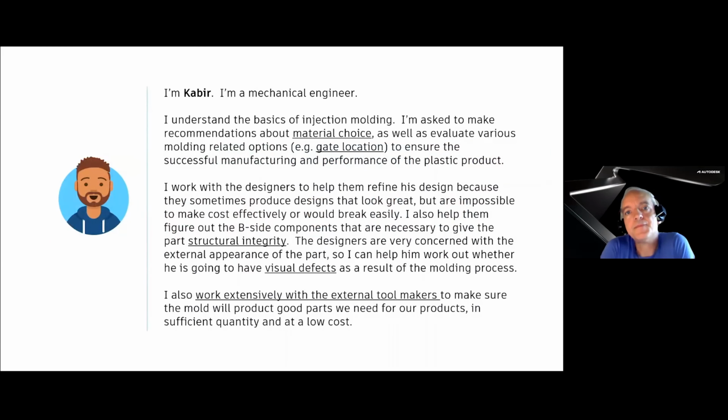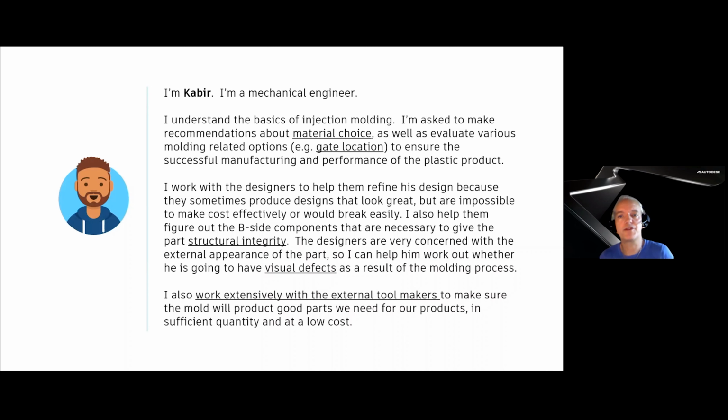Next slide. To take a step back, when we talk about an engineer persona, a generalist engineer, we have a bit of a profile for this person. This person will get involved in a lot of technical or semi-technical discussions, and will get involved in material choice and maybe evaluate some gate locations, but nothing super deep in the weeds of injection molding. You will look at things like structural integrity of the part, so that if this thing is molded, it will be able to perform the job that it's intended to do.